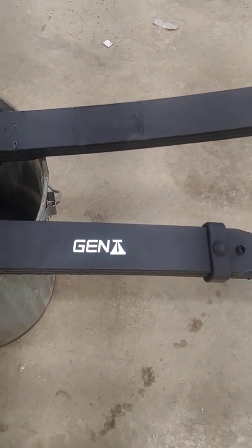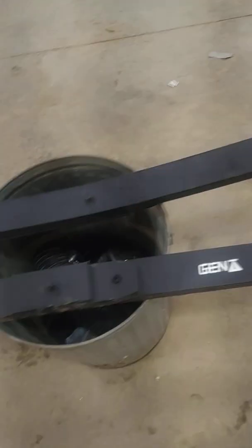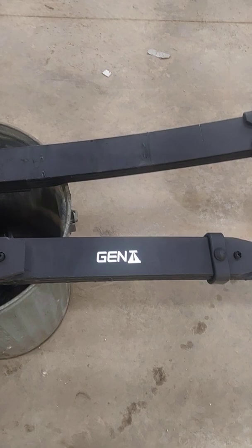Good evening. This is Sean Roop and my 77 Trans Am. We are doing an install tonight on a set of Gen 2 Racing